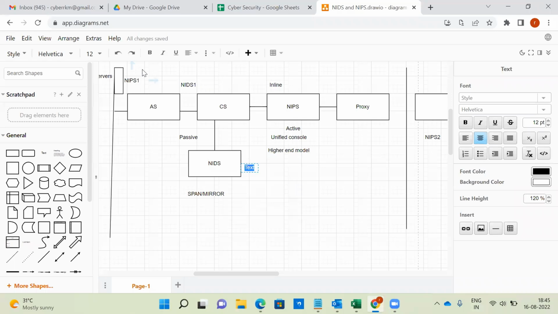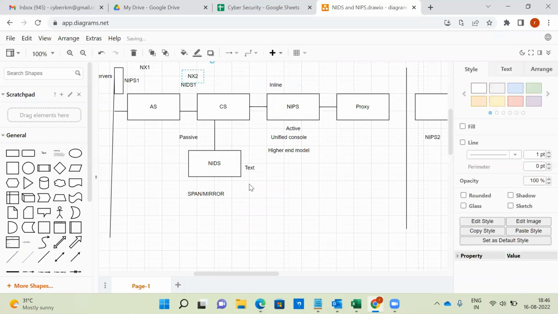Otherwise, this is NX1. In mathematics, in plus one, plus two, below tenth standard, engineering, even graduation, if you don't know a number, what do we normally call it? Unknown number, X. Unknown number, we can treat as X, right? In a similar way, here also X is nothing but the model number. For example, this is NX1, this is NX2, this is NX3,